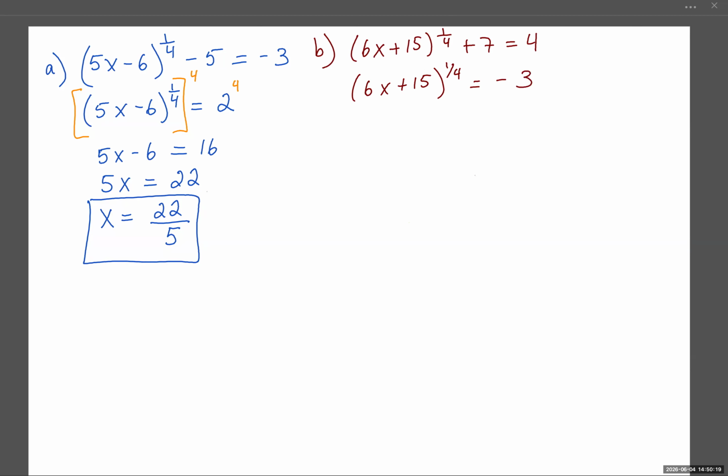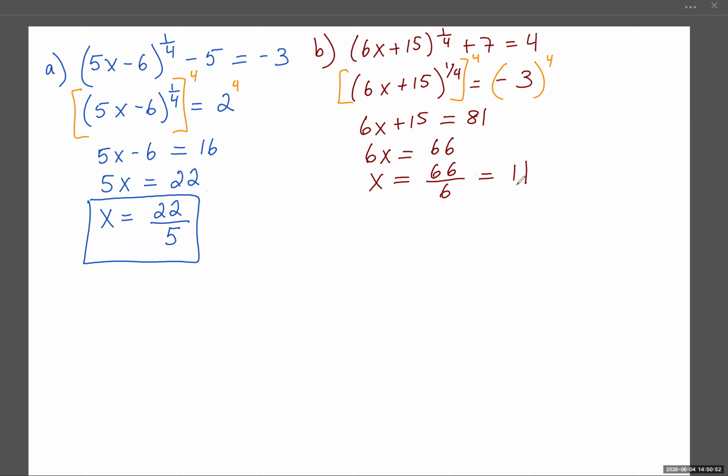In order to get rid of the 1/4 power, we have to put both sides to the 4th power. So this is 6x plus 15 equals negative 3 to the 4th power, which is a positive 81. We subtract 15 from both sides, so 6x equals 66, and then divide by 6. x equals 66 divided by 6 equals